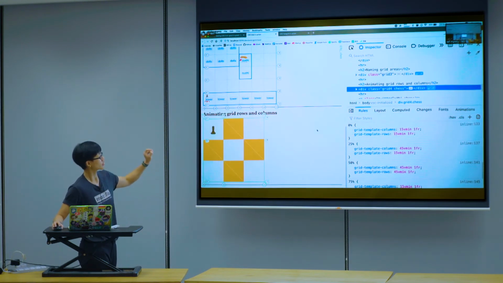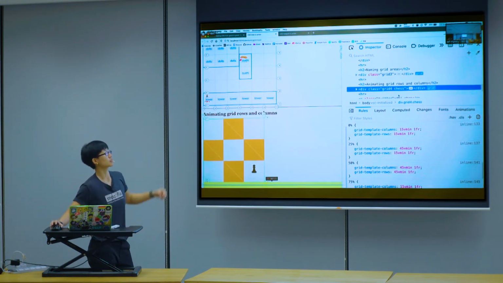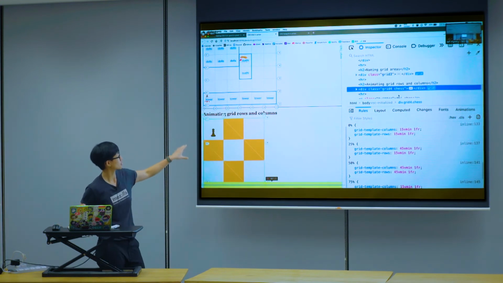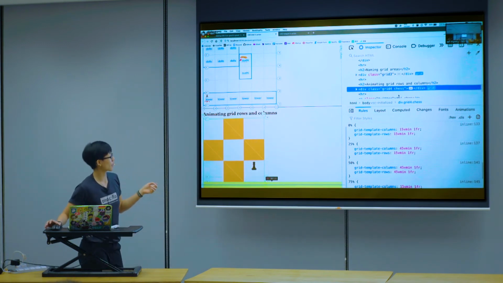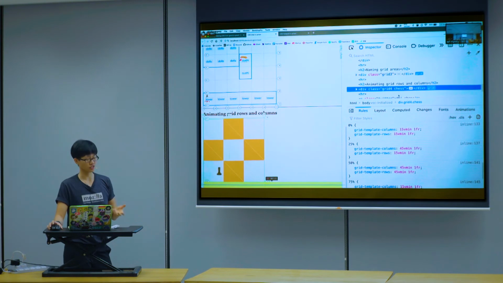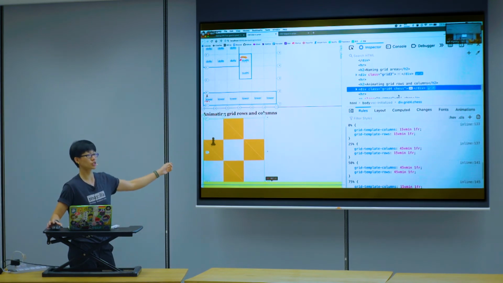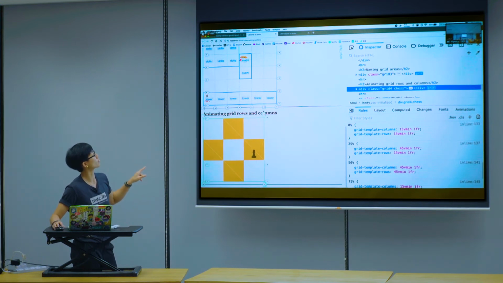The good thing about the Firefox DevTools grid overlay is that when they shipped the ability for you to animate the grid, they matched the overlay to support the animation as well. So I think this is the part where we can use DevTools to learn and understand CSS better. As long as the browser is able to ship the new feature with supporting DevTools, we can actually use the DevTools to visualize a lot of these newer CSS properties. And that's one of my favorite things about Firefox DevTools.